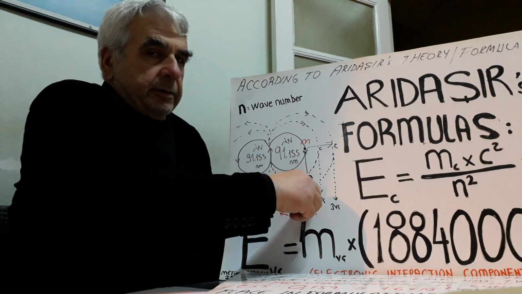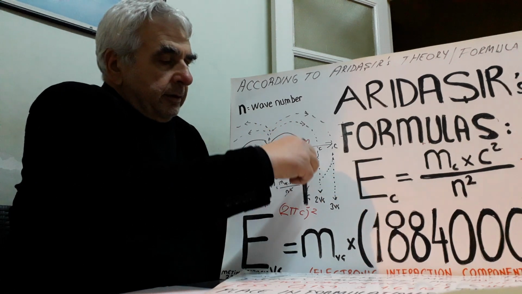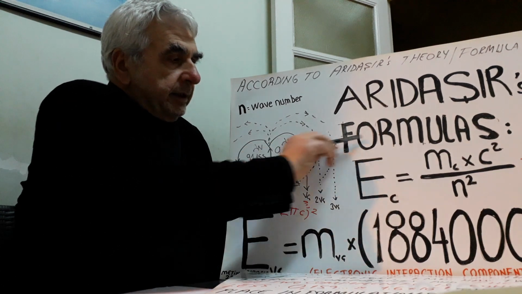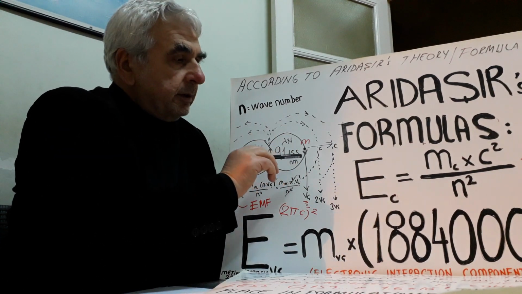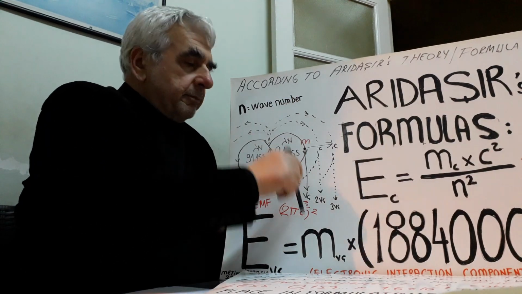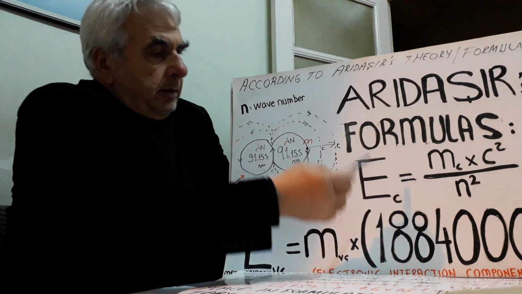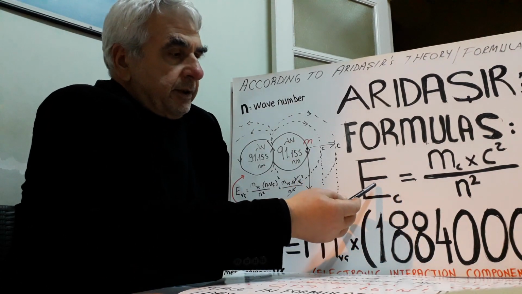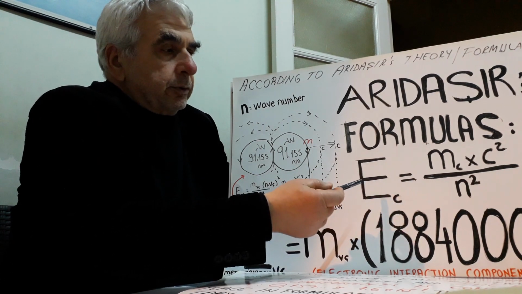This side is the linear velocity component energy, and this side is the c direction component energy, the mass component or energy component, okay? We can say this energy EC is equal to